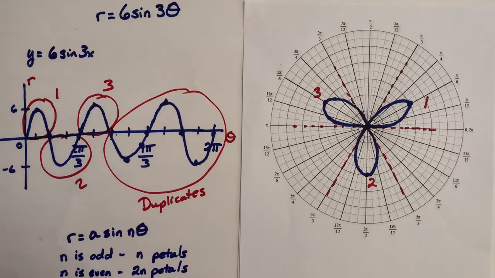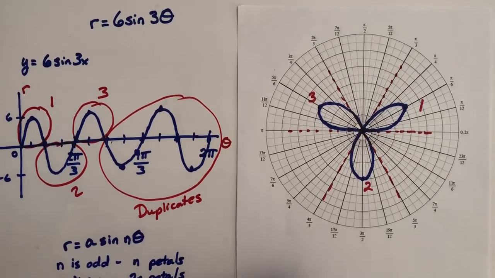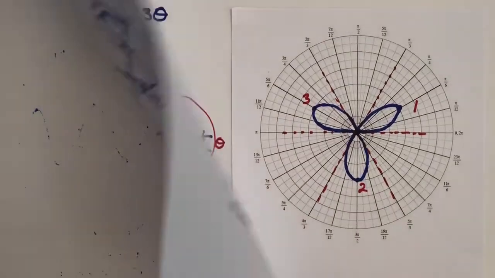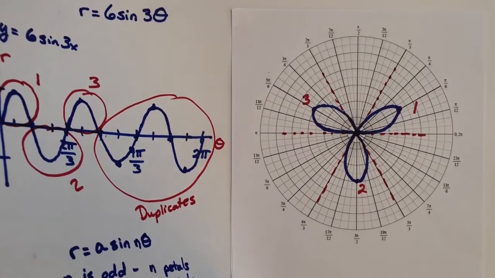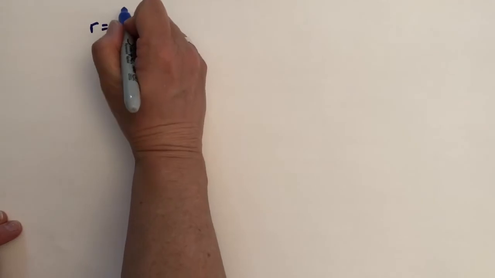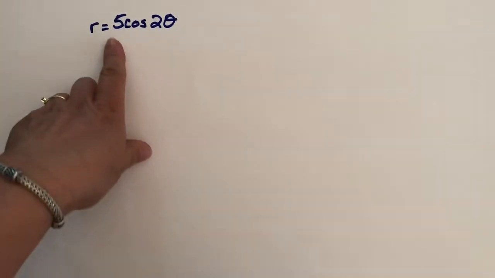Let's graph a polar graph like this, not a function, this is definitely not a function, with cosine. We've only looked at sine. Let's look at what happens when we put a cosine in instead. So let's make it be this. We'll have r equals 5 cosine 2 theta. So very similar to the first graph that we did,